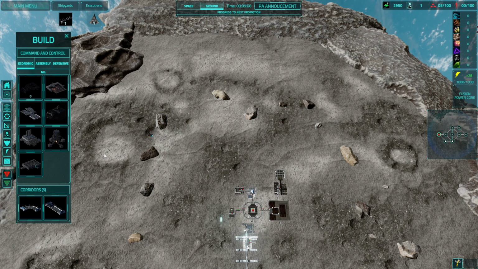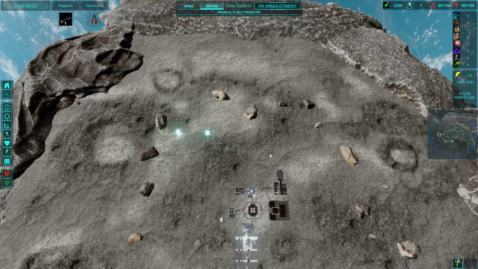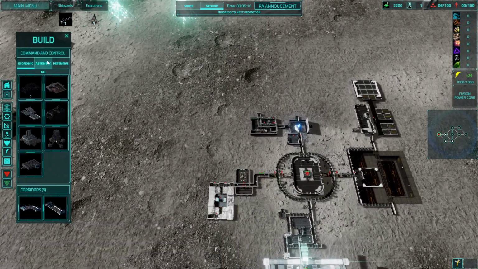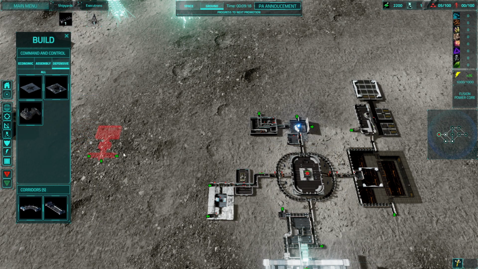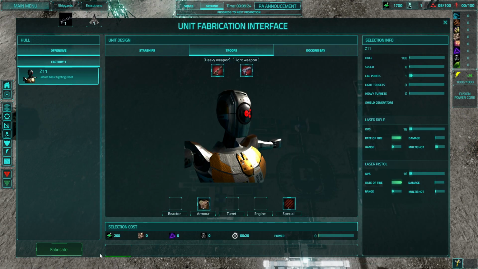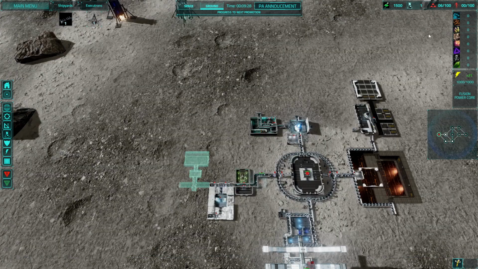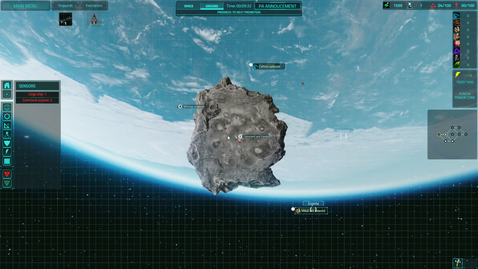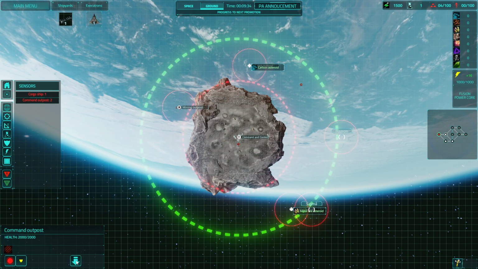What I like to do is I will actually build a couple of these excavators. And I'll wait and see where my power stands when all of this is done building. Go to defensive, get your gateway facility, build that immediately, because you're going to come in here and immediately start building yourself some Z11s. The reason you're going to do this is because you want to, as soon as possible, send out a gateway probe and start capturing